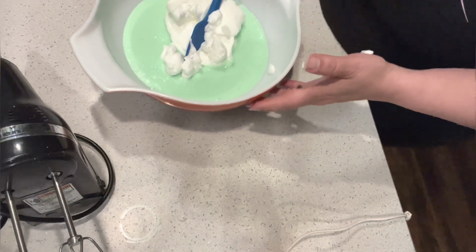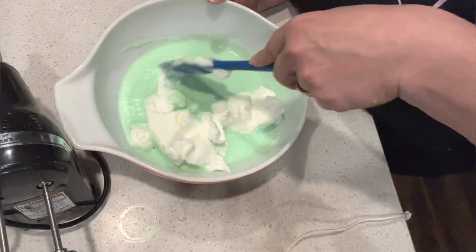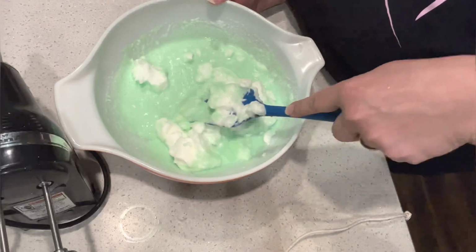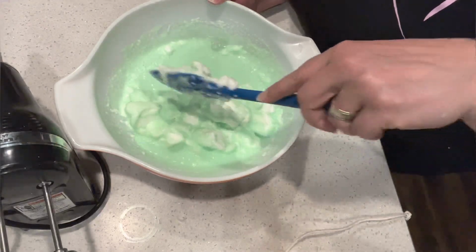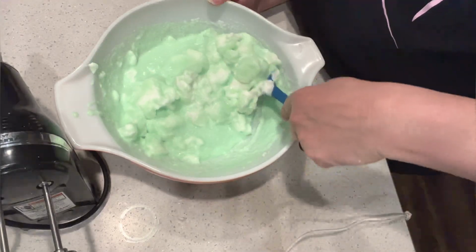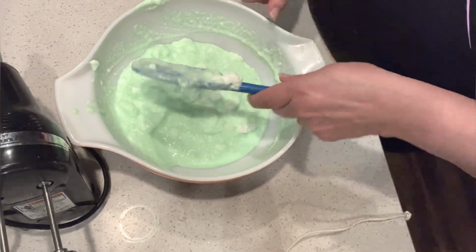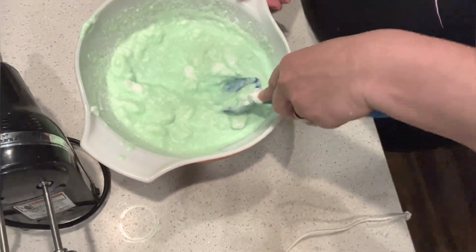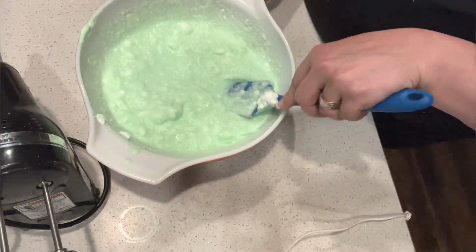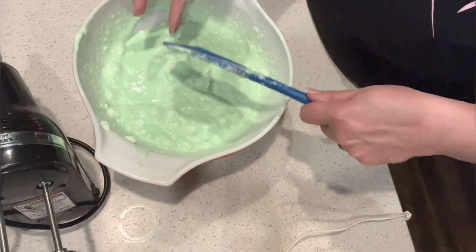So the one thing though, when we are folding our egg whites in, we don't want to hurry up and mix them. We just want to gently incorporate them. We don't want to deflate them. Light and fluffy. I just keep scraping on the outside edge, folding it over. All right, and then we are supposed to put this,